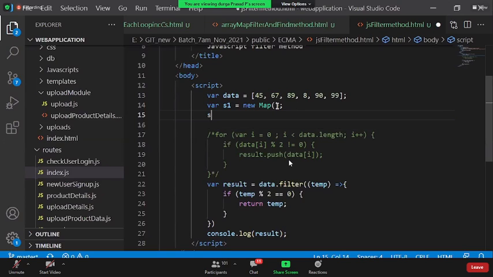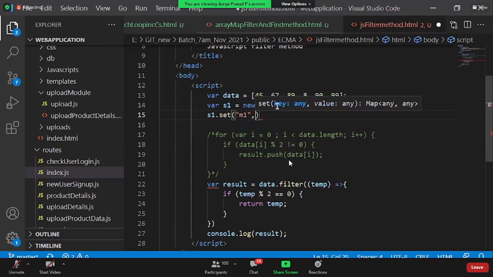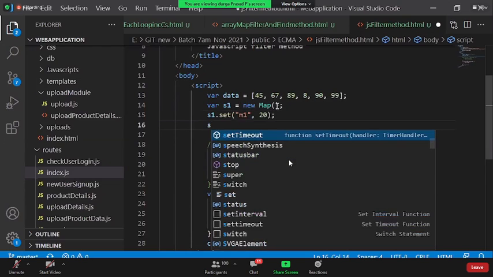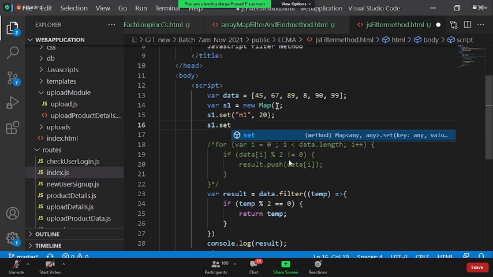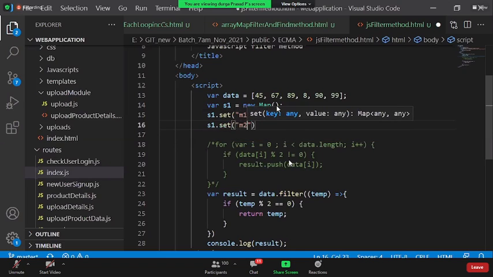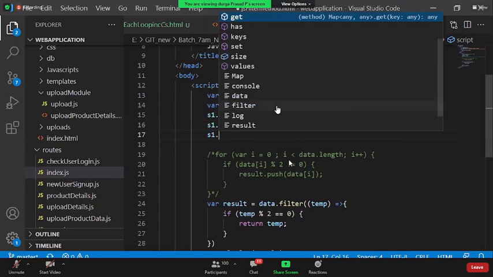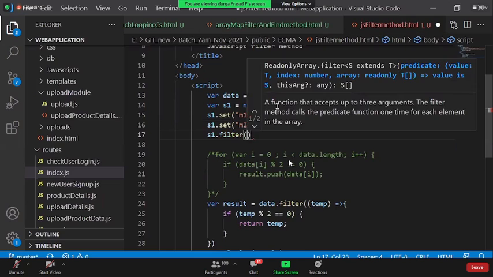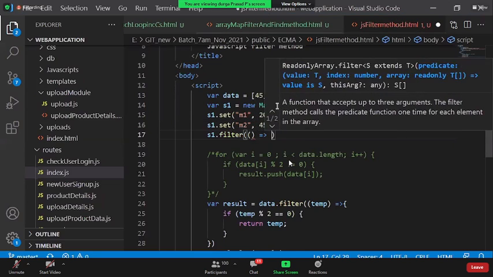Okay, let me do this. I say S1 dot set, M1, I say 20. S1 dot set M2, say some 45. Okay, now what you're saying is S1 dot filter. Why don't you add this method?